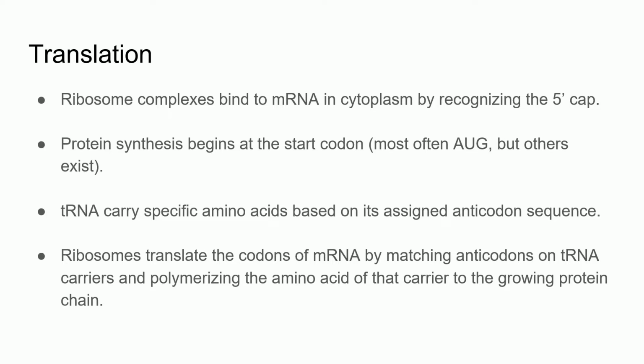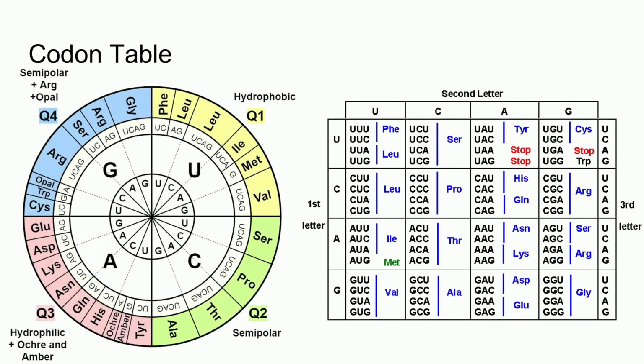Transfer RNAs, or tRNAs, are responsible for carrying amino acids to the ribosomal complex. If the tRNA matches the codon of the sequence, it releases its amino acid to be bound to the growing peptide chain. Codons are specific to the amino acid, with the third base in a codon being a wildcard, known as the wobble position. This is possible because we have 64 possible codons and only 21 amino acids to work with, leaving some redundancy in the code.